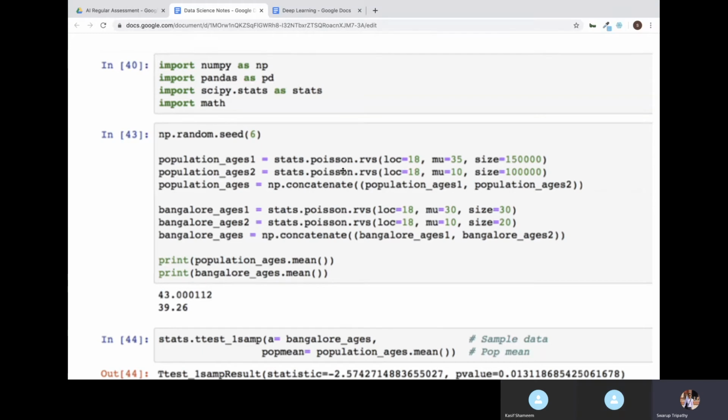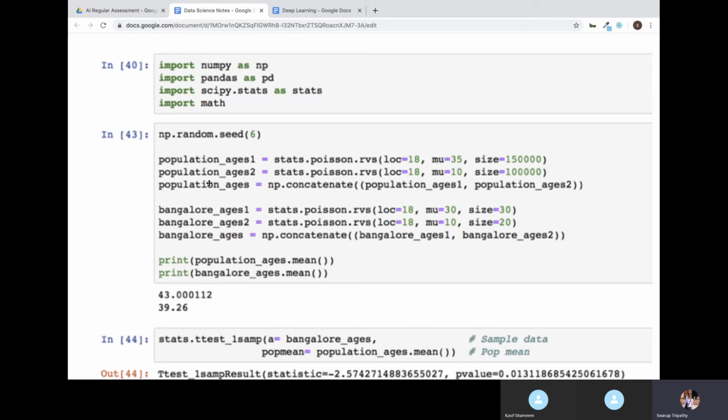To do this, first I'm importing certain packages: the NumPy package, then the Pandas package, then we need the SciPy package. SciPy is nothing but scientific Python, used for statistical calculations. Here I am using the SciPy stats package for statistical calculation. Import math is also there, but math is not needed. It is used for basic mathematical calculations, and you have advanced mathematics in the NumPy package too. So you don't need to import math, I did this by mistake. You only need to import NumPy, Pandas and SciPy. These three packages you have to import.